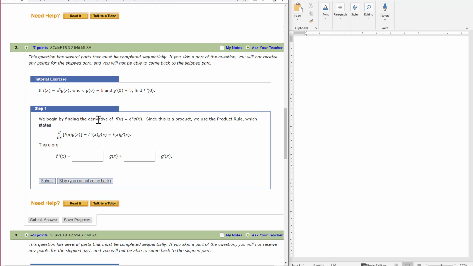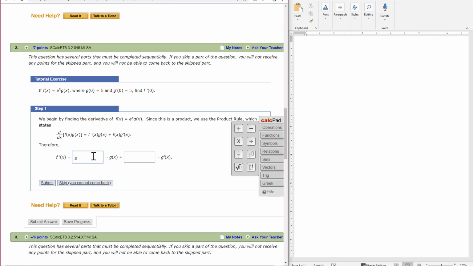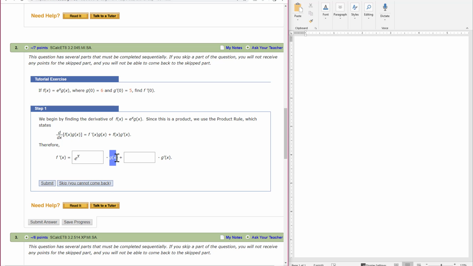So we begin by first finding the derivative of f of x, and we're going to use the product rule. It's going to be the derivative of the first times the second, plus the first times the derivative of the second, and so that's the product rule stated here. Now f prime is going to be the derivative of e to the x, which happens to be just e to the x, times g of x, plus the original e to the x